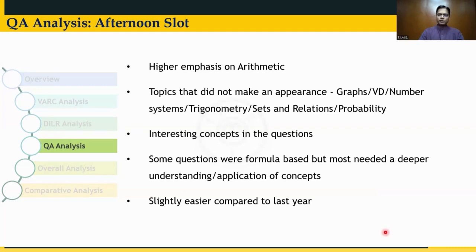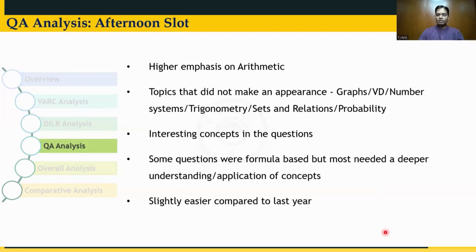But cutoffs may not change too much because the questions which needed deeper application, those were the questions that could have wasted many people's time. Many students could have got stuck in some of the questions which could have been called time traps, literally. So you should have been careful. And even if you invested a minute and realized that it was going to eat up your time, the main thing you should have done there was to leave the question and move on to the next question. So sometimes there were questions which ran into complex equations or calculations.